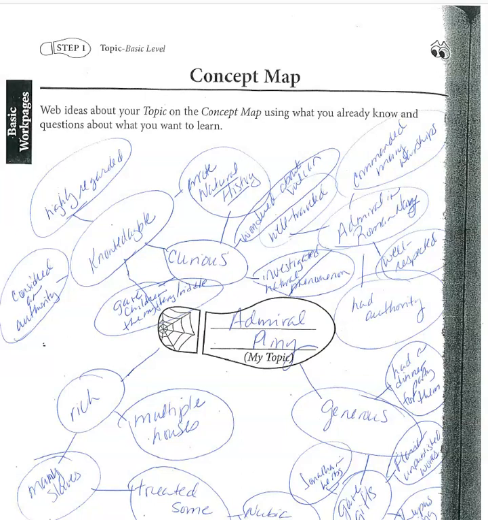Okay, so this is step one of the research project. And what we're going to do is create a concept map. And it's just an idea map, okay? And you're going to put the name of whichever historical figure you're researching in the center here, in the footprint,